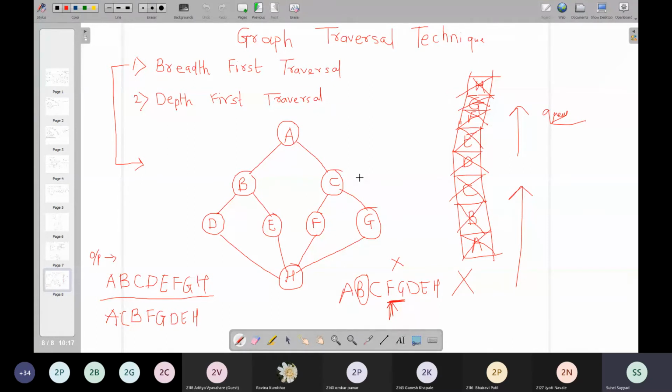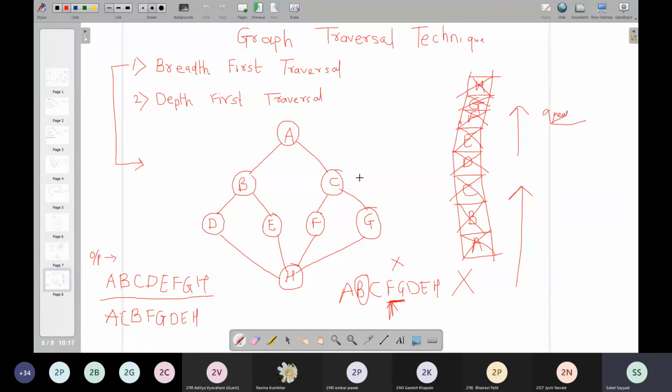Visiting of nodes means that we wish to print the data of that particular node or that particular vertex, and second one is exploring that node or exploring that vertex. Exploring a node or vertex means we need to visit all the adjacent vertices of that particular vertex. So we had seen the meaning of both of these, and then we had applied this on this particular graph